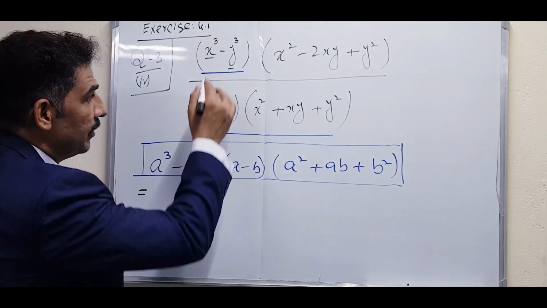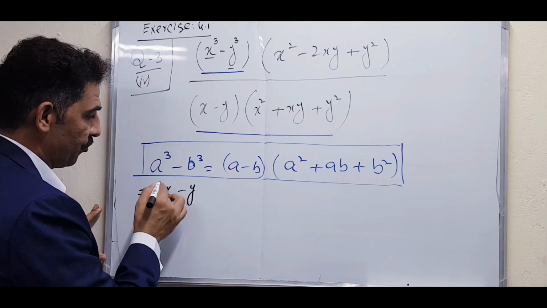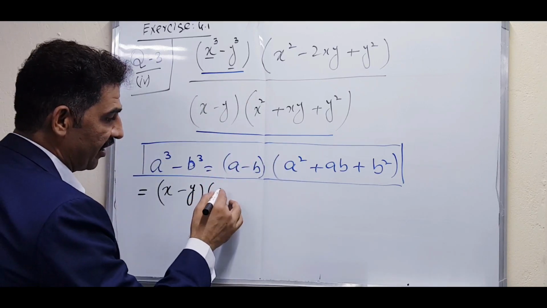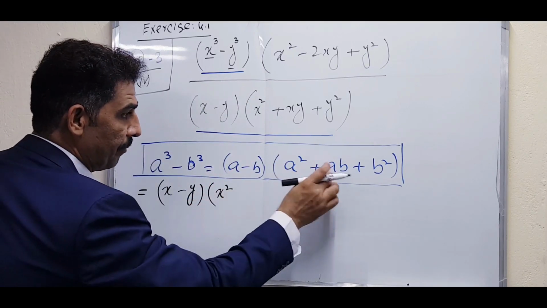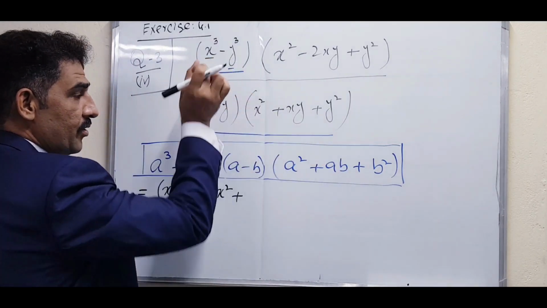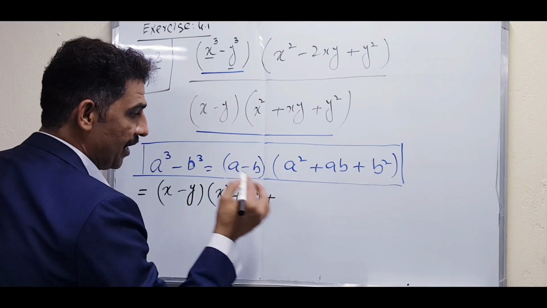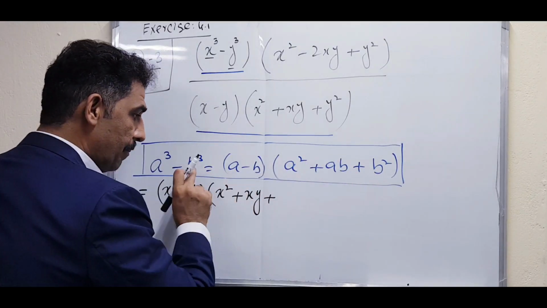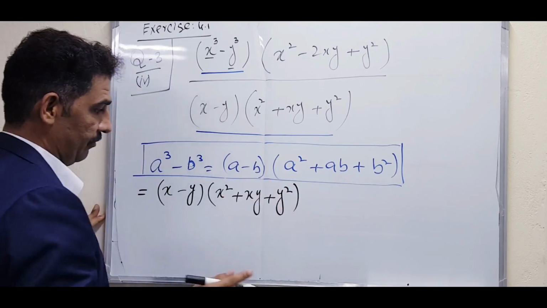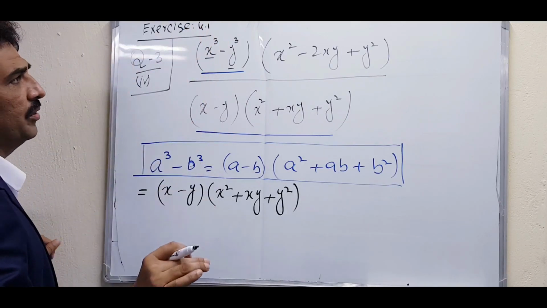Yes, please. Abdullah, you speak that one. I'm listening to you. Good. x minus y. A is the first element, so a square; here we will write x square, then plus ab, the product of the first and the second element, these two combined, x and y, then plus square of b, meaning the second element squared. So we will write y square. We expand only this one. All other terms remain the same, no change.